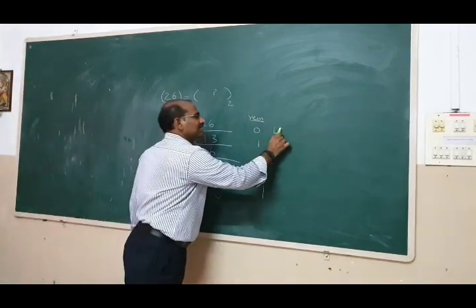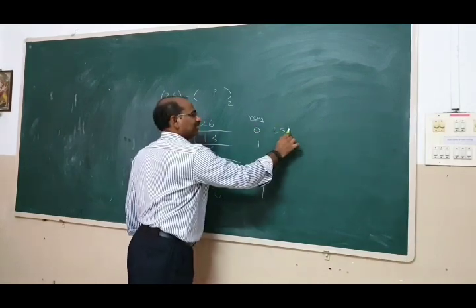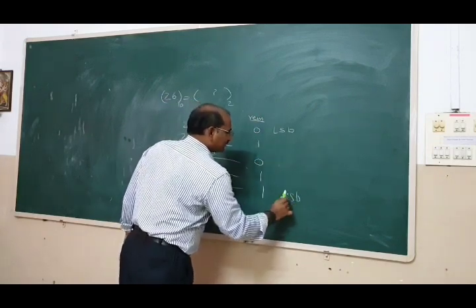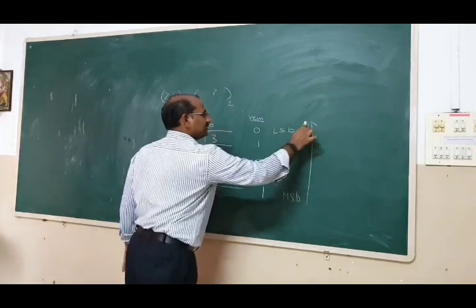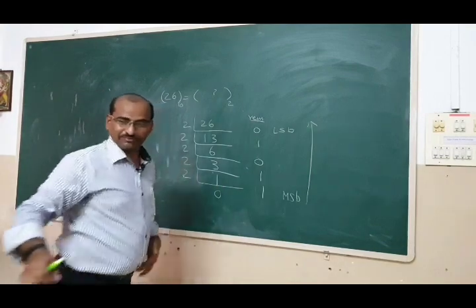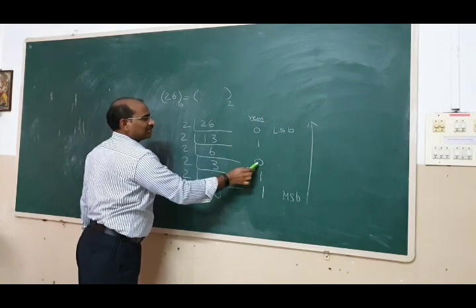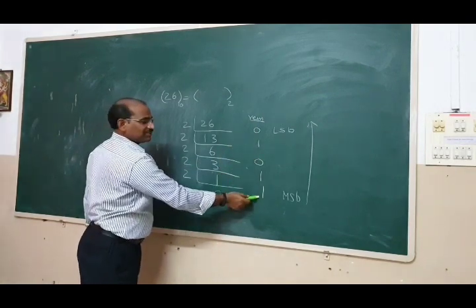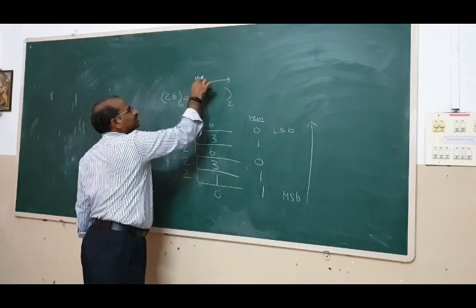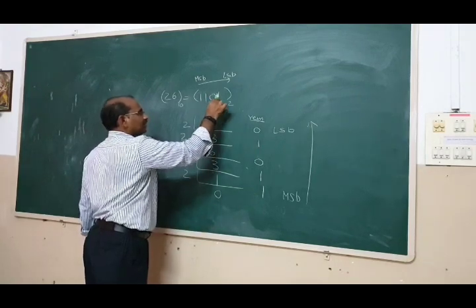So, most significant bit will be towards left, right? Here this is the least significant bit, because these are binary numbers, so we have to write the least significant bit here, and this is the most significant bit. So, you have to write like this. This is very, very important. So, now what is the value here? See, you should not write 0 1 0 1 1, right? This is the most significant bit. So, you write here 1. This is the most significant bit and this is the least significant bit. 1 1 0 1 0.